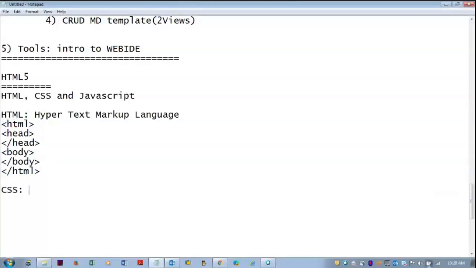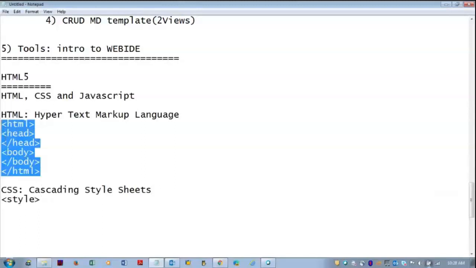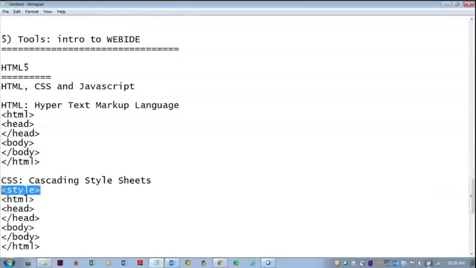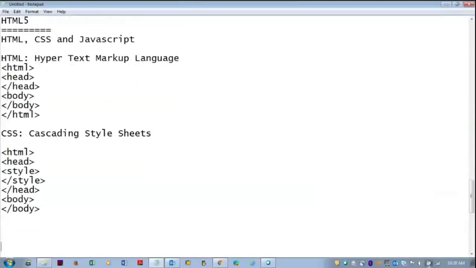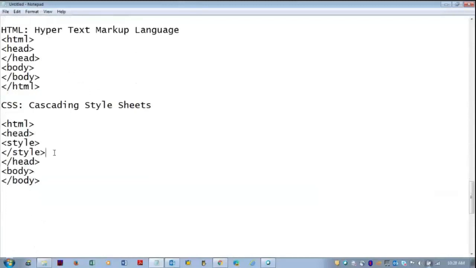And when it comes to CSS, cascading style sheets, we use the style tag and insert that between the head section of HTML to have the interactivity. So interactive design, for example, a border, the color or the font, or you can do lots of things with CSS. Internal style sheets are there, and external style sheets in the form of .css files are there.